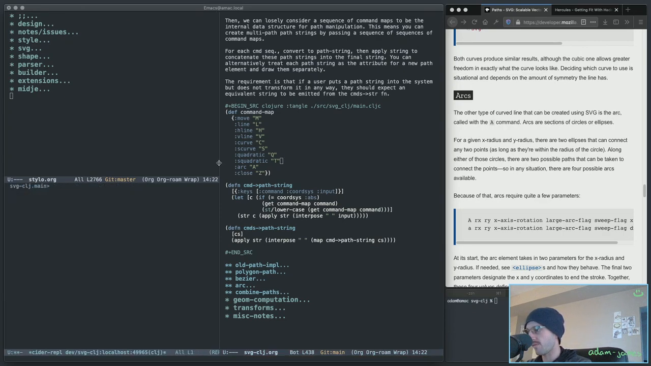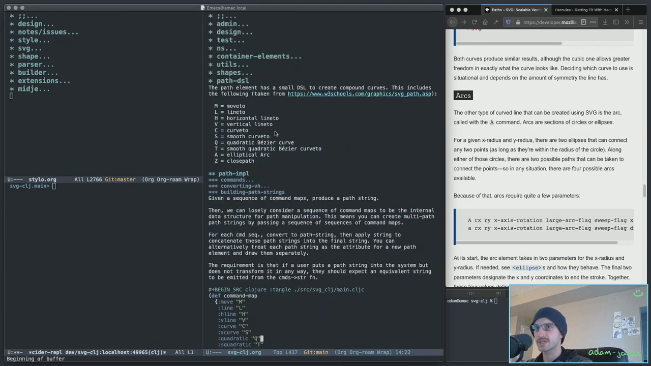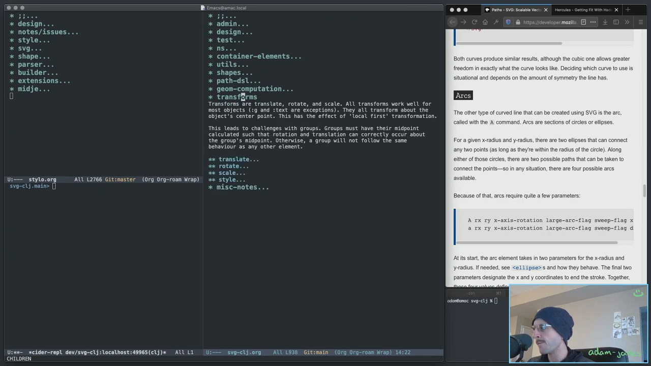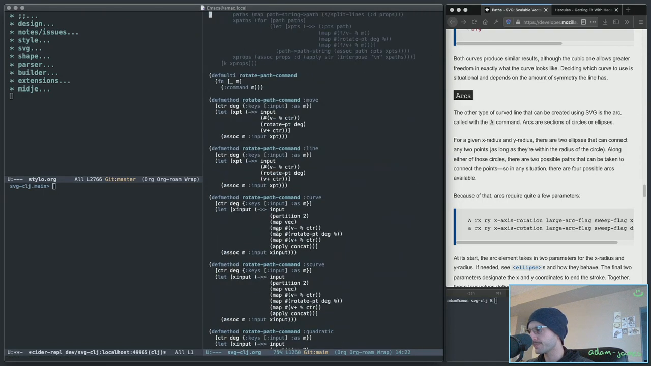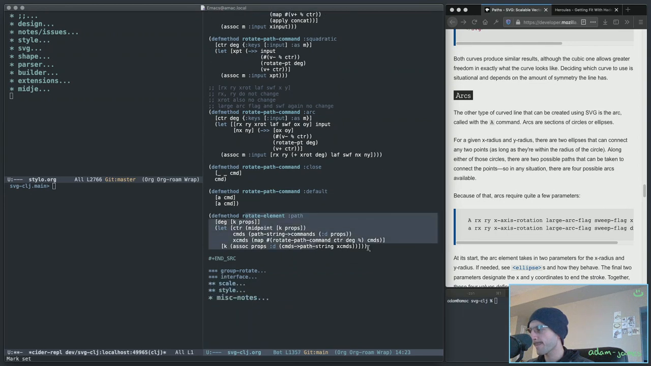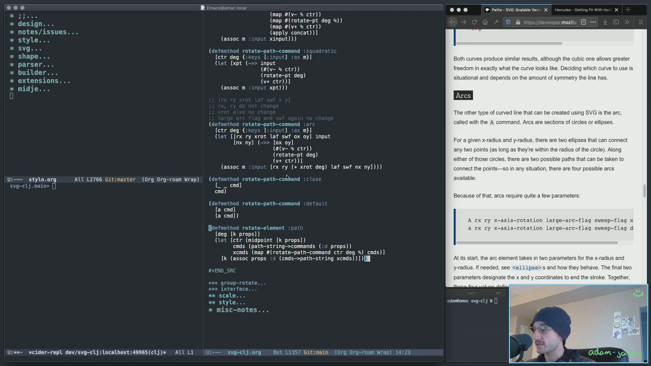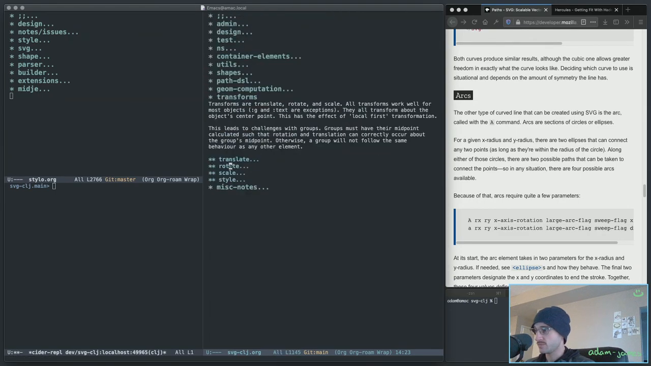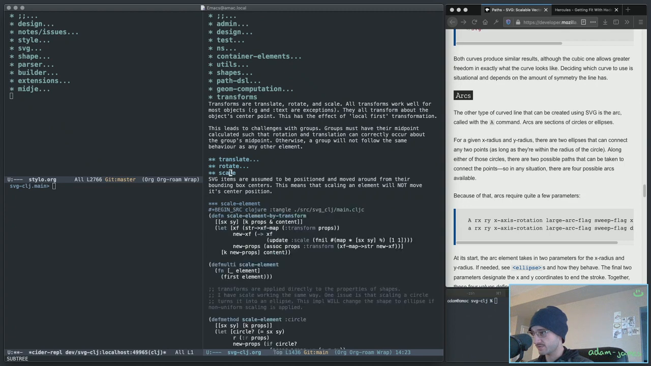And now, what's a good next thing to work on? Let's see. So I have something ready for rotate path element here. It's not perfect. It might work. I have to check it though. Before I check, I think I would like to build in the scale function, fix that up,